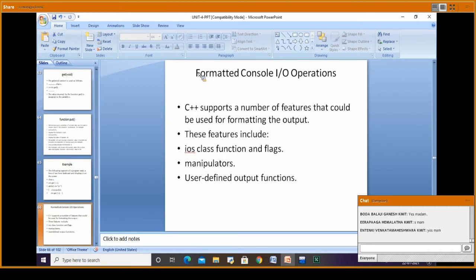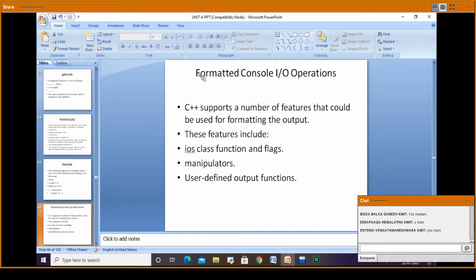Now, what do you mean by formatted console? We know that we are going to get some output like 1, 2, 3, 4, 5.